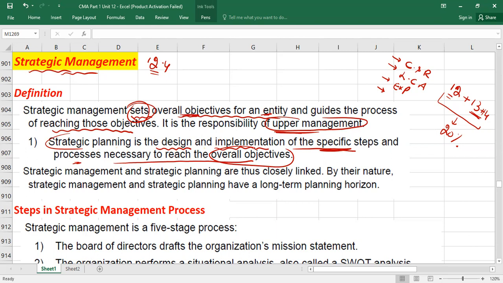Understood? It means there are two keywords. Under strategic management, we will set the overall objective for the entity, which is the responsibility of upper management. But under strategic planning, we will design and implement the specific steps which will help us to reach those overall objectives. So that is why strategic management and strategic planning are closely linked with each other. I hope the definition is clear. Okay. So